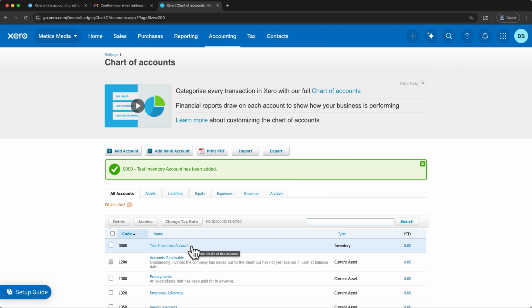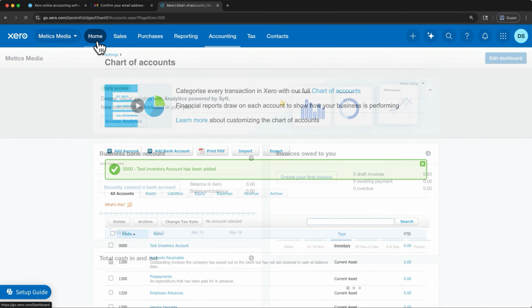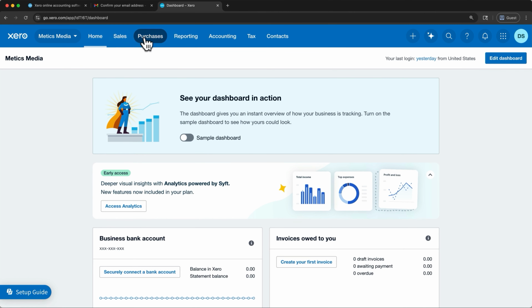Let's explore the Xero Dashboard. This is where you'll see your business at a glance and find quick access to the tools you'll use most. Come up to the top left and select Home to go to your dashboard. Across the top, you'll see Xero's main navigation bar, which is how you'll move between your dashboard, your business tools,